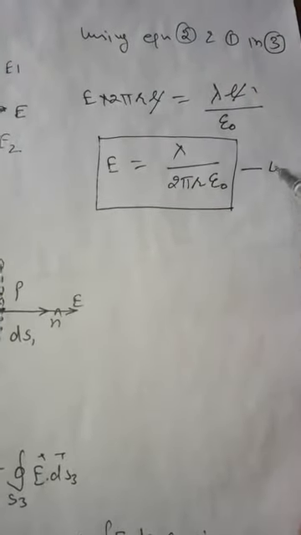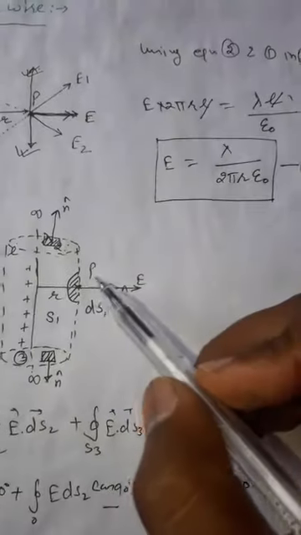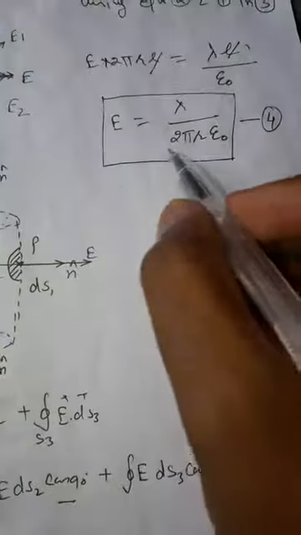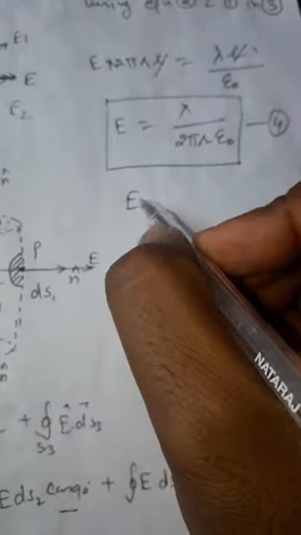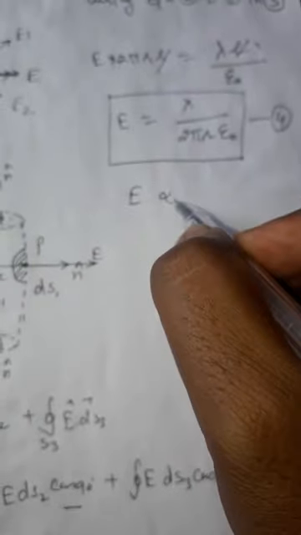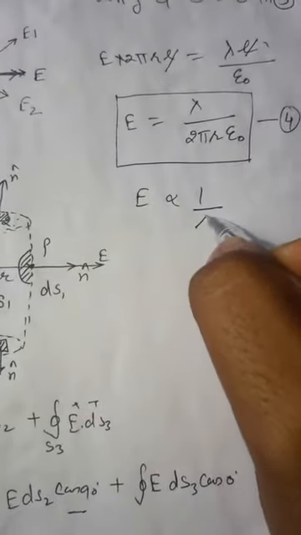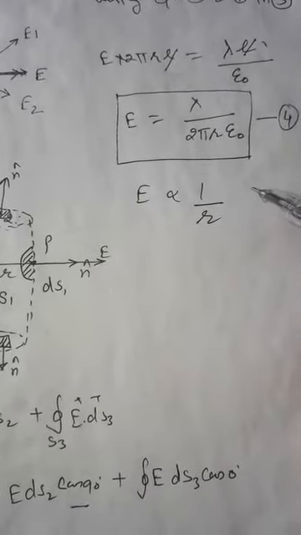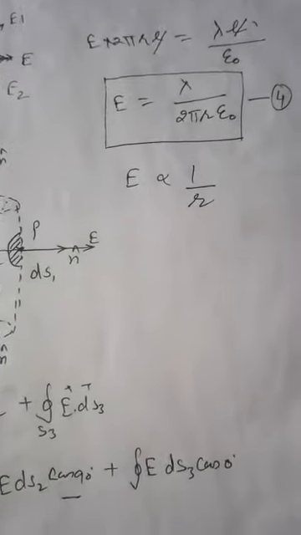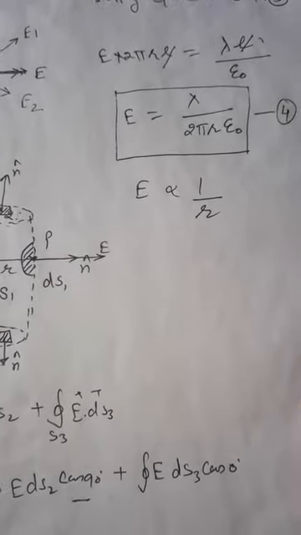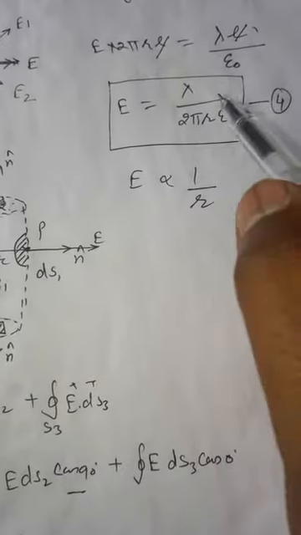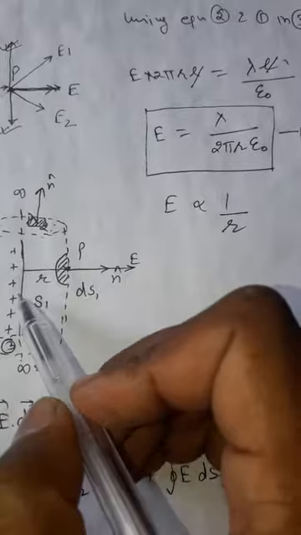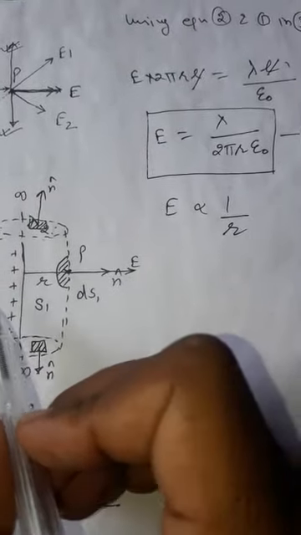Okay, so this is the electric field. It is equation 4, the electric field at point P, which is at a distance r from the wire. So it is clear from this equation that the electric field due to a uniformly charged wire is proportional to 1 by r, because lambda, 2 pi and epsilon naught are constant quantities. Also it is clear that this field direction is outward because it is a positive charge. If the charge is negative, then this field direction is perpendicularly inward.